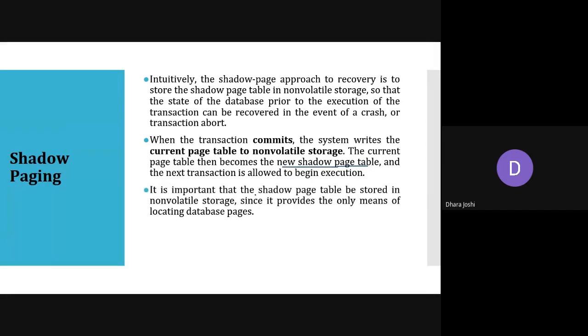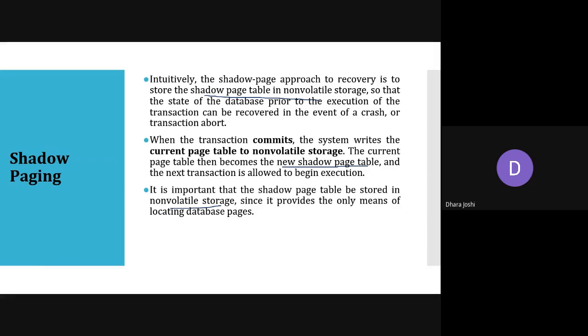It is important that the shadow page table be stored in non-volatile storage. We know that because previously we have seen the same thing. The shadow page table should be stored in the non-volatile storage. But why? Because it provides the only means of locating database pages. Because we have a disk where the data is already there, and this page table just has the index or the pointer which is pointing towards the disk.